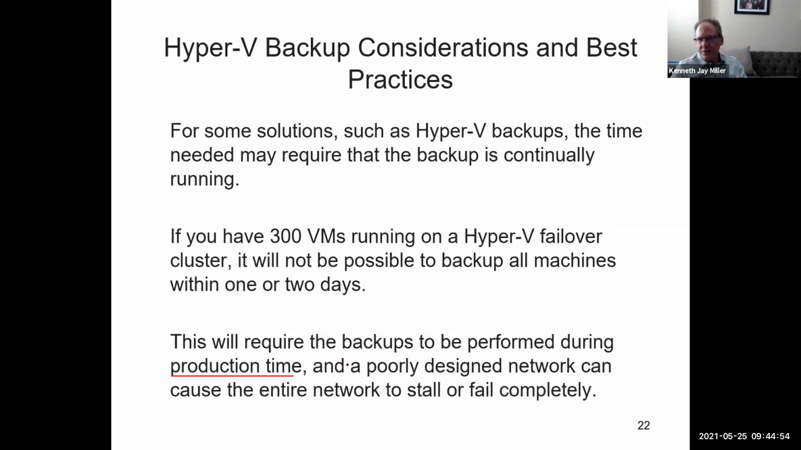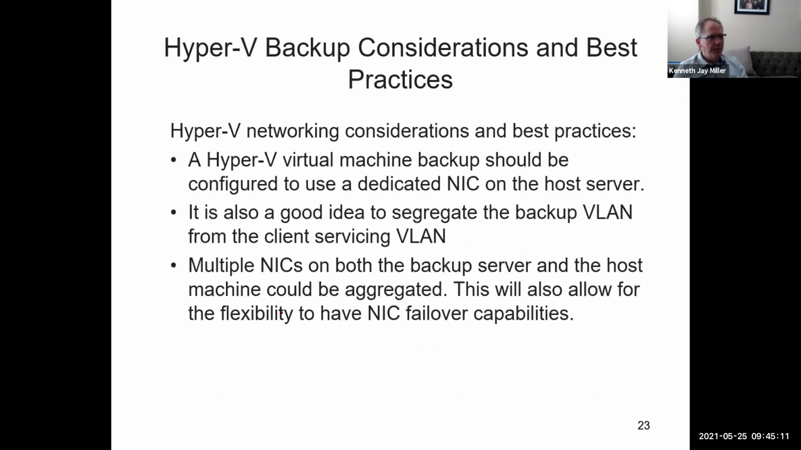So if we have to do our backups continuously and they're on the same network, we're going to have some major problems with our entire network, either stalling or failing completely. Okay, so how do we avoid that? Well,